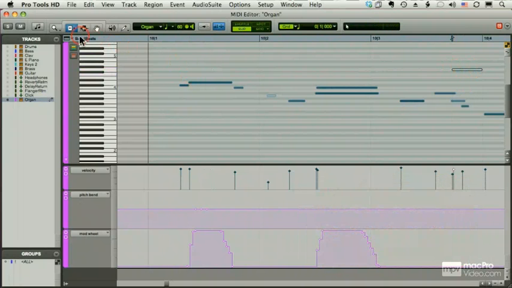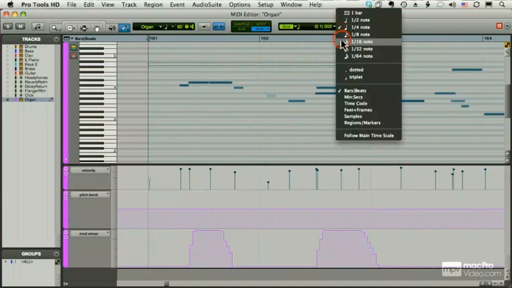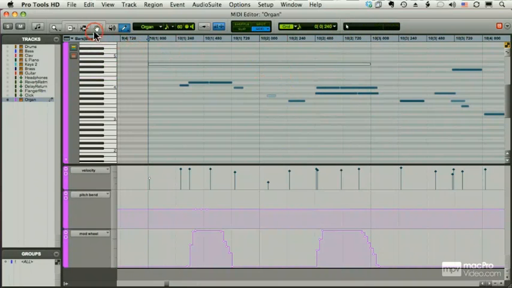If I switch to my grabber and press Control and Shift, you'll notice I have a knife. That will allow me to separate a note. Let me go into grid mode and drag in a note. Set my grid to 16th notes. And now let me choose the hand and let me separate, and I'll separate right here,